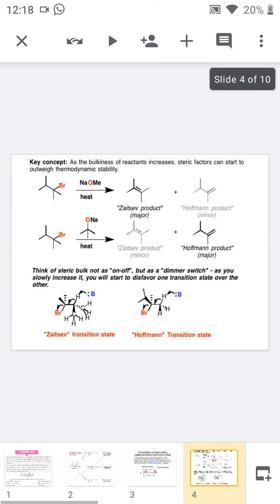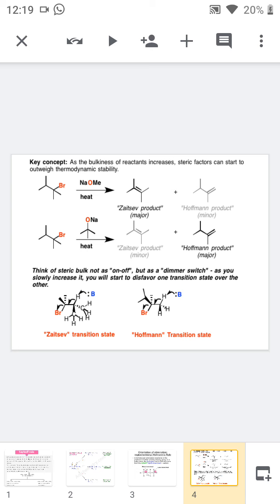Now, we are moving on to the comparison between Saytzeff's rule and Hofmann's rule. See the first example, in which the halogen atom bromine is eliminated by using the base sodium methoxide, NaOMe. And we expect the major product to be the more substituted product, that is according to Saytzeff's rule. We can expect the other product, the minor product, according to Hofmann's rule. But according to Saytzeff's rule, the more substituted product is more stable.